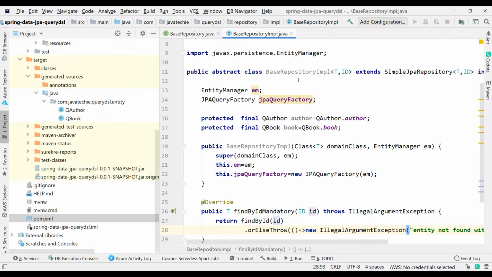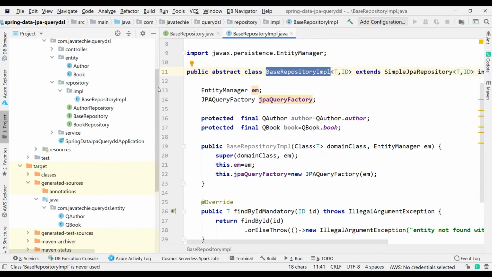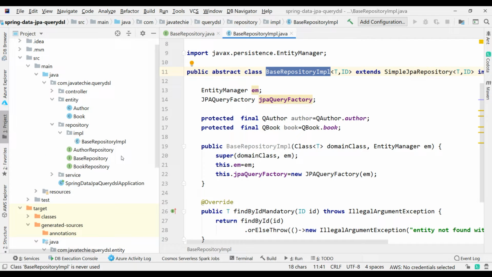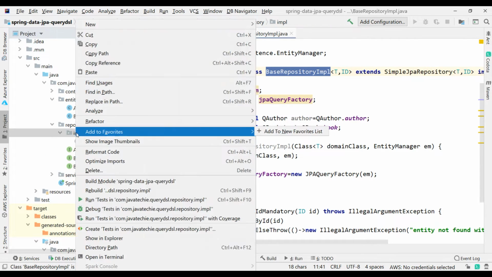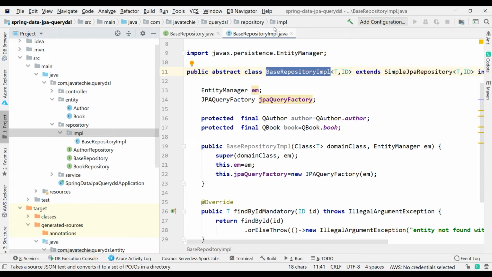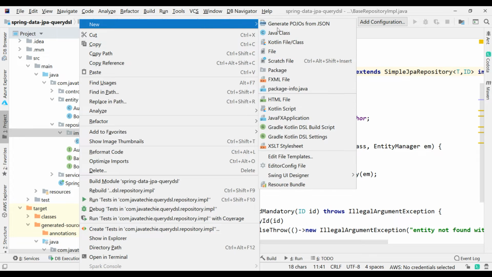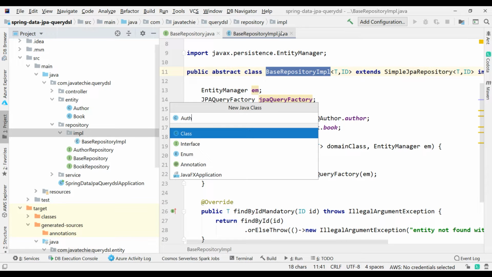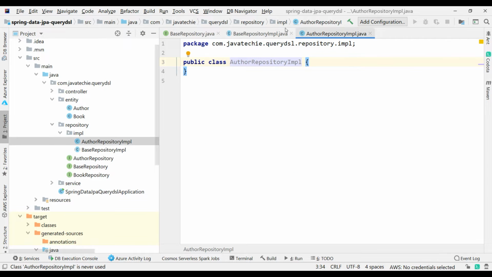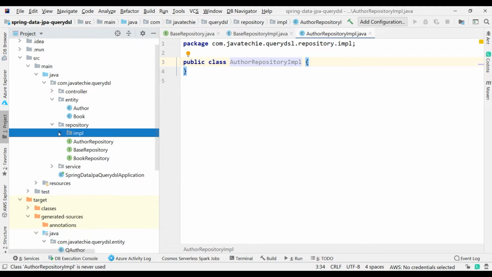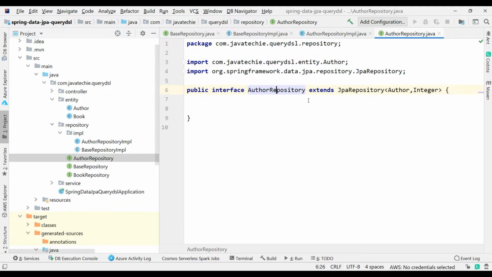So now let's implement this base repository IMPL in both the repositories, which are author and book repository. So I will just create another class. Let me cancel this Java class. I'll name it author repository IMPL. Okay, but before that, let me do one thing. If you remember, in author repository, we are extending from JPA repository, correct?